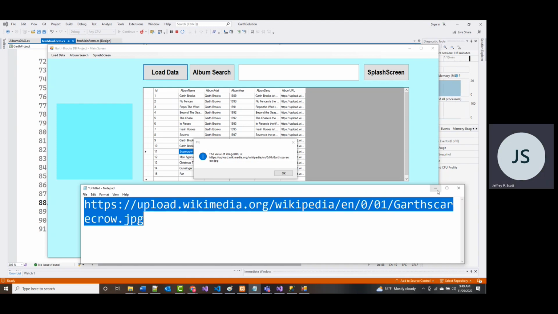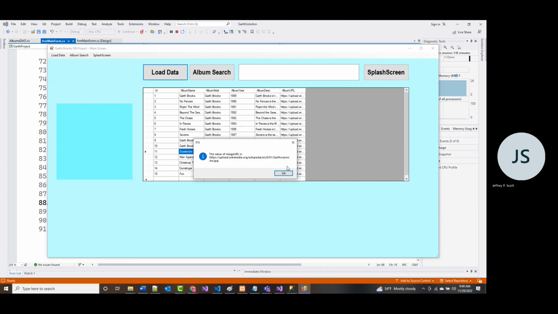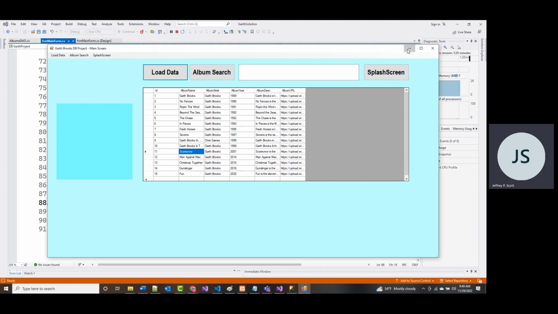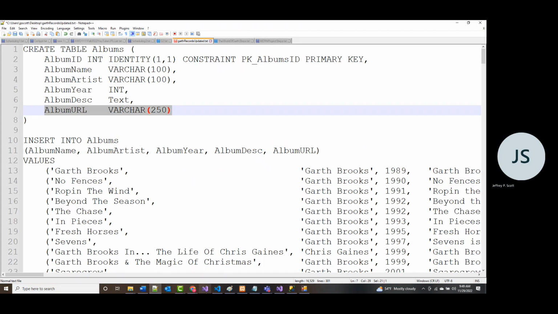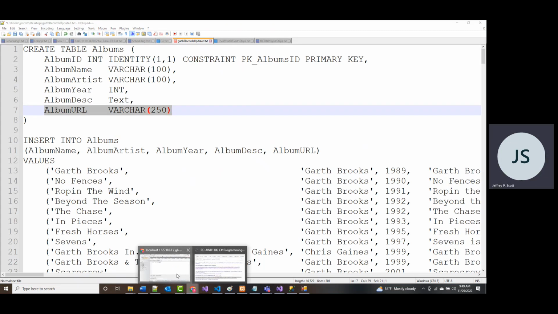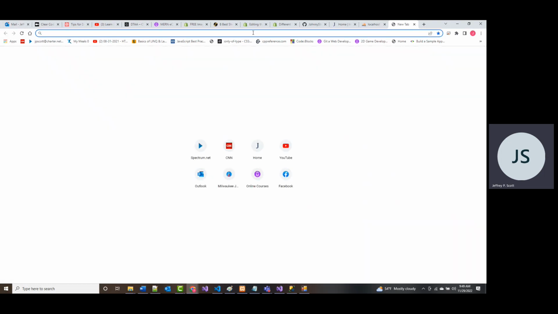And I want to try to put that into, close that and close this. I can leave this running. It's not going to hurt anything. I want to see if I put this into the browser, if it brings up that image.